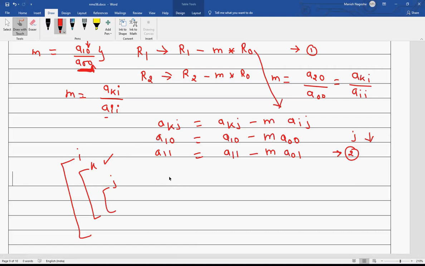If you remember, initially at this step my I was 0 and K was 1, because K has to be greater than I by 1. Now my K has changed. K has become 2 now. Because of that, J is again initialized to 0. So I am going to get AKJ is equal to AKJ minus M into AIJ. For this I am going to get A20 is equal to A20,